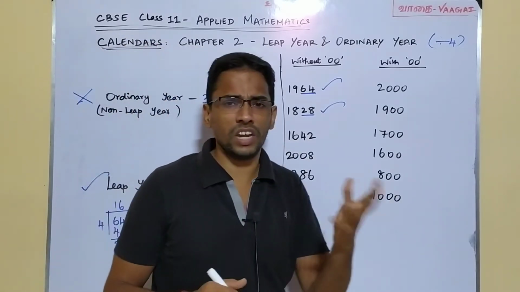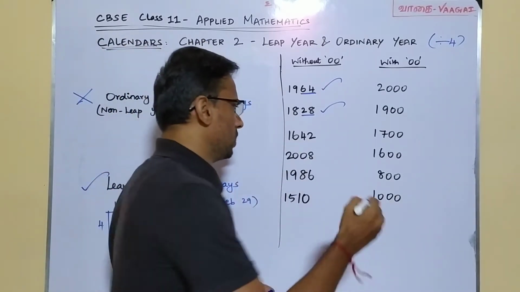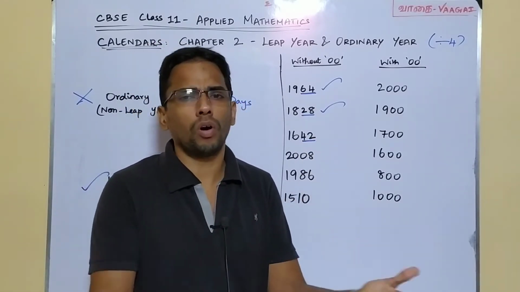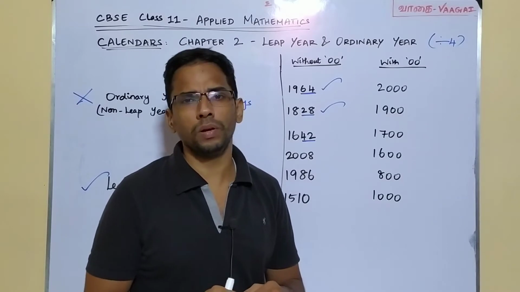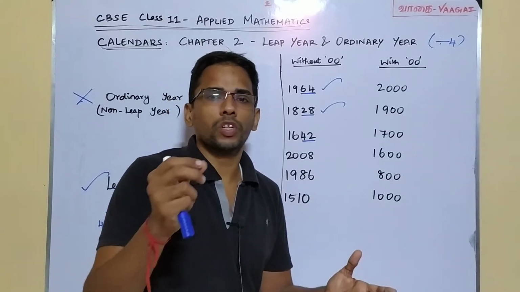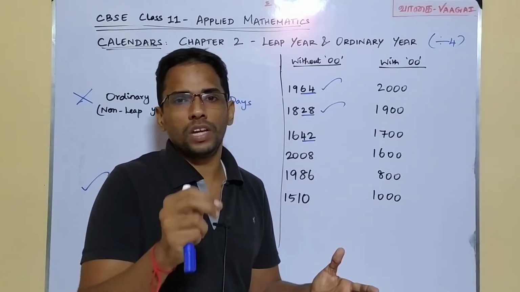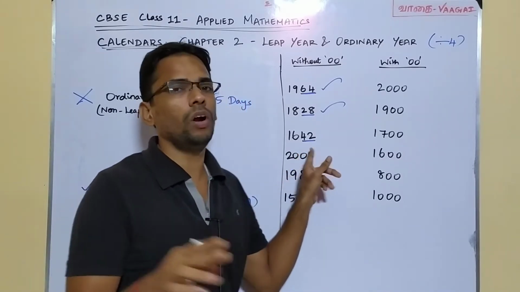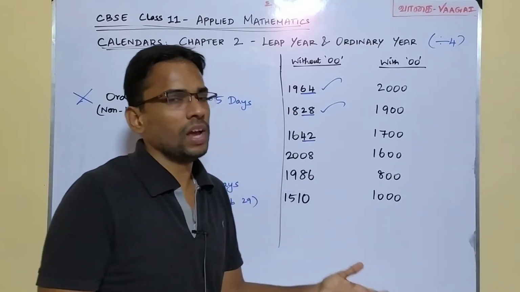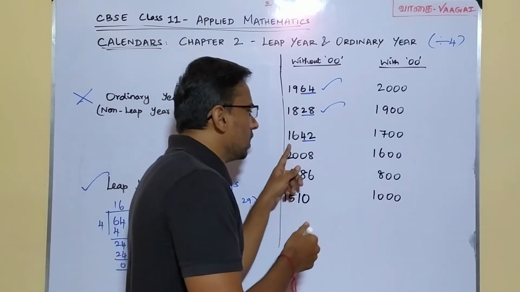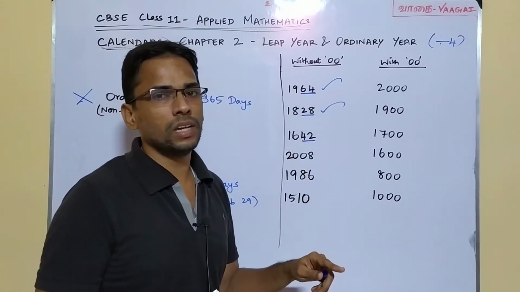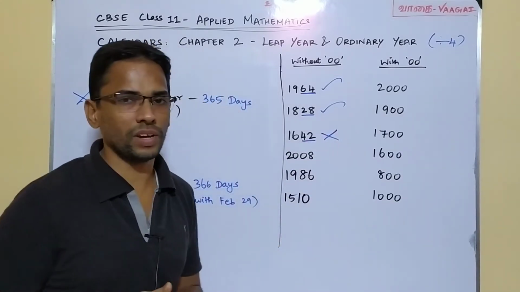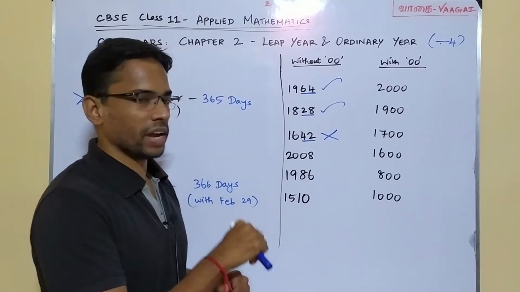1642. We have the year 1642. So again the last two places I have 42. Check whether this 42 is divisible by 4 or not. Is 42 divisible by 4? No, right? Because you can go up to 4 tenths or 40, but 4 11ths you would get 44, and in that case this 42 is not perfectly divisible by 4, and so this year 1642 is not a leap year, this is an ordinary year. So let me make a cross here. Fine, I think you are able to catch it.